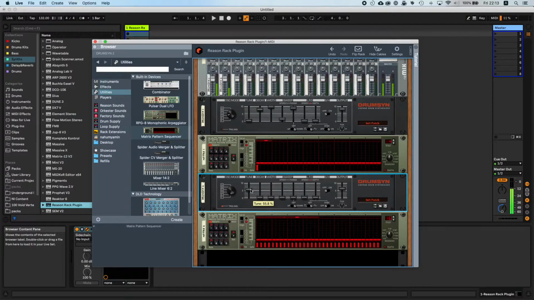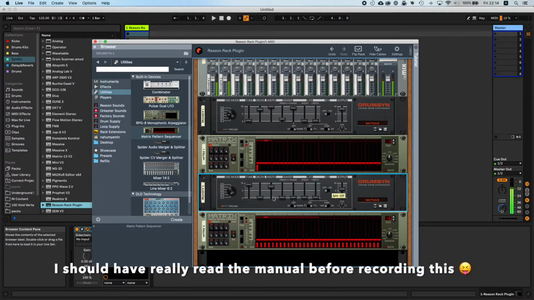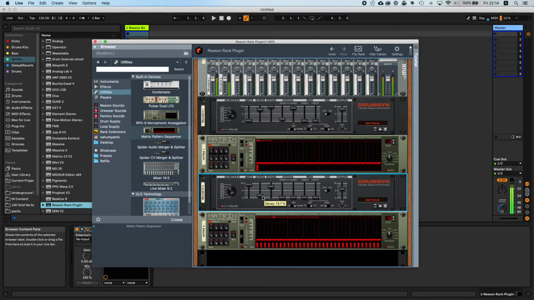And since noise doesn't really have a pitch, the tune is acting also as a filter, so you can make it sound a bit different. Actually, it could be the speed of the noise. That's why it sounds brighter. You can still use the width to make it a bit brighter. And if we put the decay all the way up,